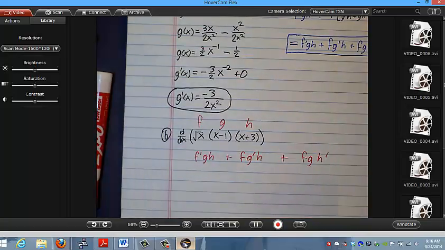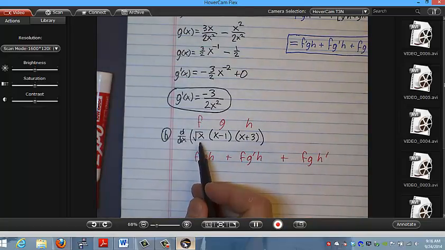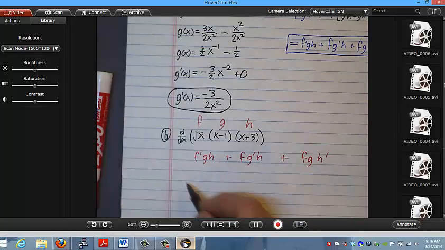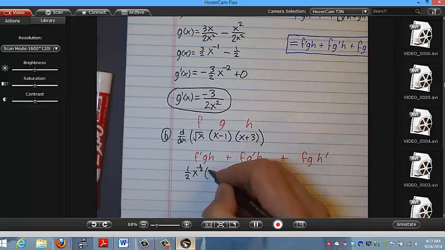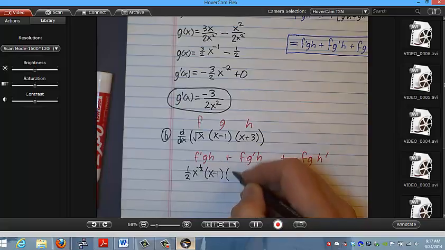All right, I'm going to take the derivative of the square root of x. What's that give me? Well, remember, how do you rewrite square root of x? X to the 1/2. So f prime would be 1/2 x to the negative 1/2. Right? That's bing, bing, bong. We haven't learned bong yet. That's Friday. You guys with me? And now I'll write down g, which is x minus 1, and I'll write down h, which is x plus 3,